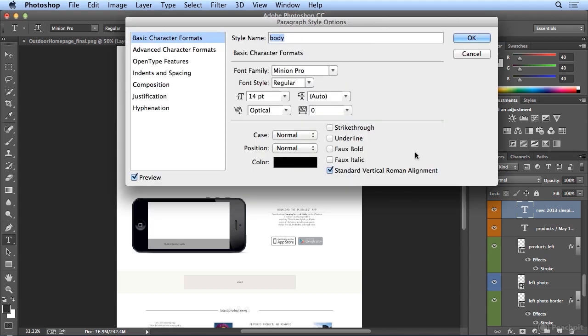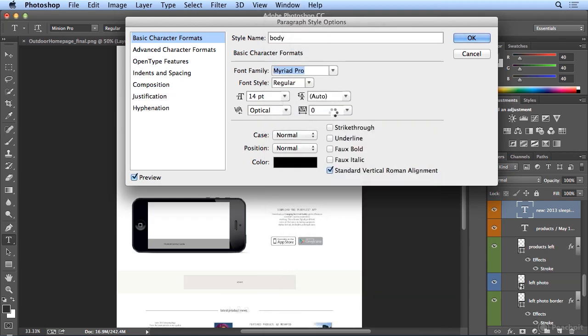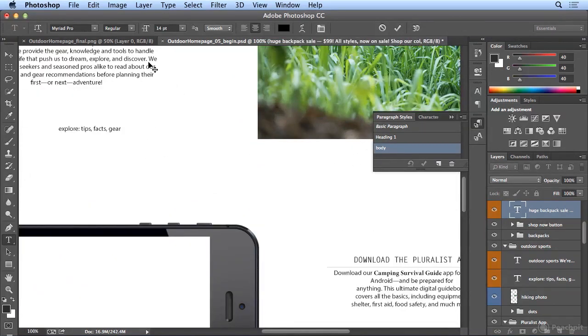I can double click body, go to Myriad Pro, give it a few seconds, click OK,